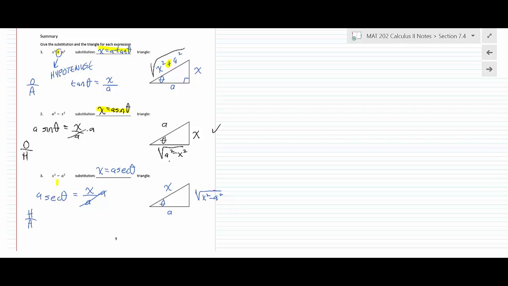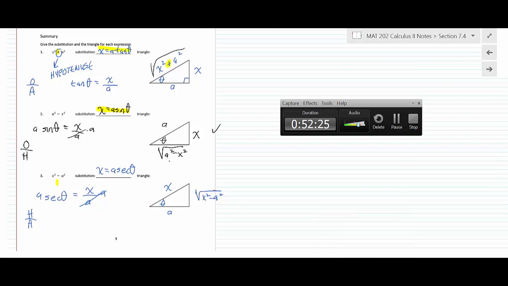Once you have that put together, when you do your substitution, you plug everything in and use basic identities to get everything put together. And that's the basic idea on that. So that should wrap that up. I'm going to go ahead and